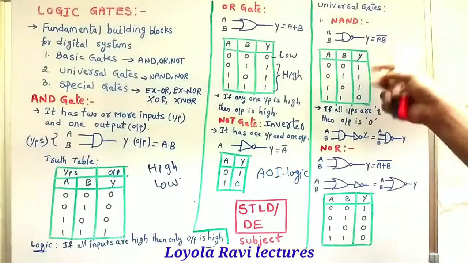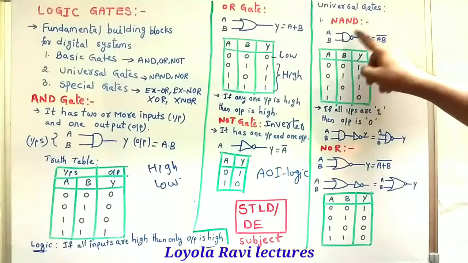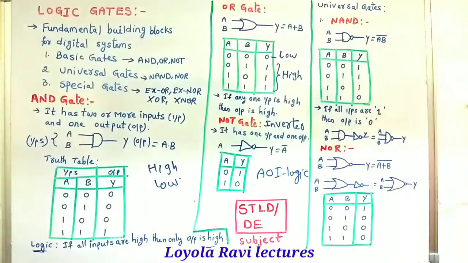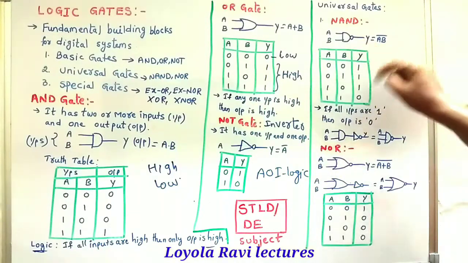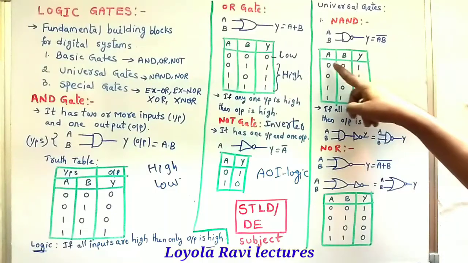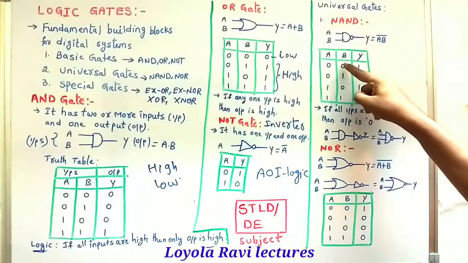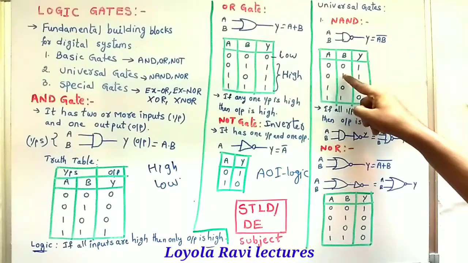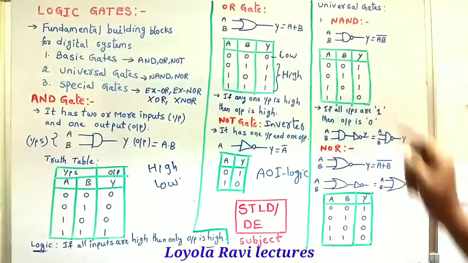Okay. Then go for NAND gate. It also has two or more inputs and one output, exactly the same as this one. Then I am taking two inputs as A, B and output is Y, and the logic symbol is like this. Logic symbol of NAND gate. Output expression is Y is equal to A into B whole bar. Truth table, A B and Y: 0 0, 0 1, 1 0, 1 1. AB whole bar: 0 into 0 is 0, 0 bar is 1; 0 into 1 is 0, 0 bar is 1; 1 into 0 is 0, 0 bar is 1; 1 into 1 is 1, 1 bar is 0.